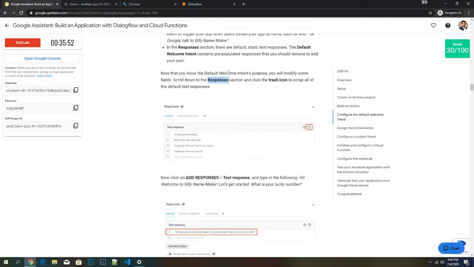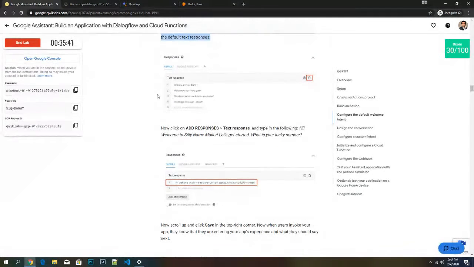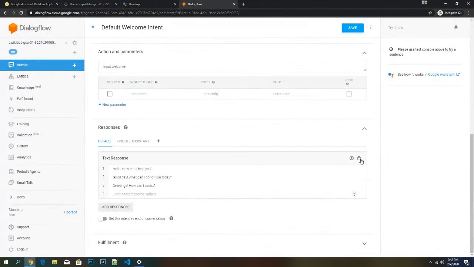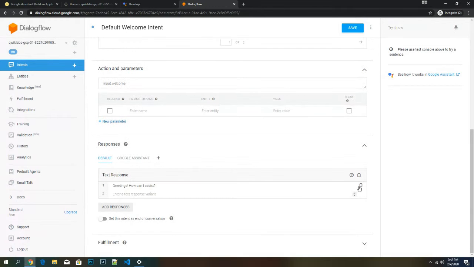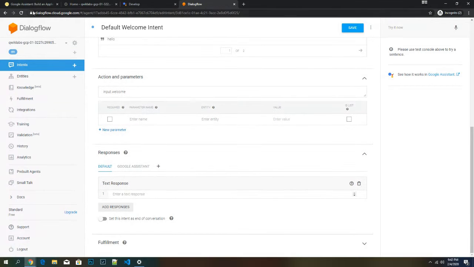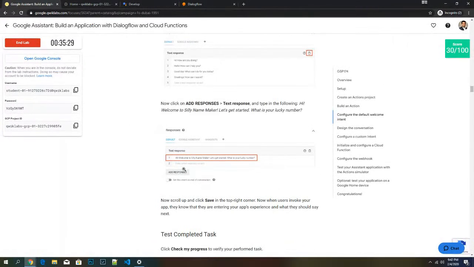So now that you know the default welcome intent's purpose, you will modify some of the fields. Scroll down to the responses section and click the trash icon to scrap all of the default responses. So let's go ahead and do that. Let's remove all of the current responses and let's enter the one that's actually shown here. Says